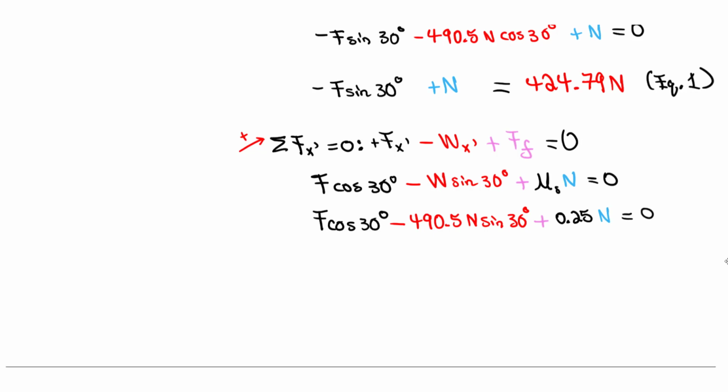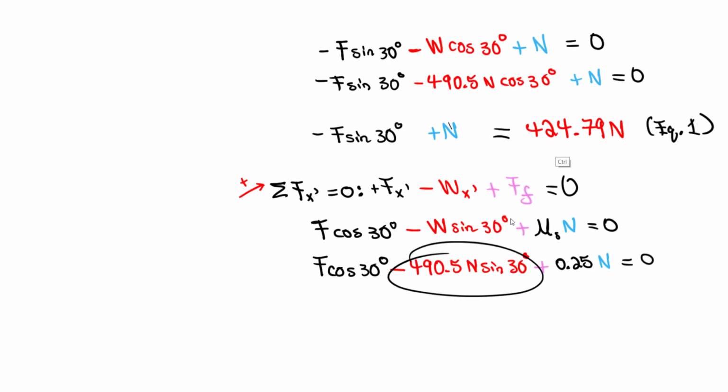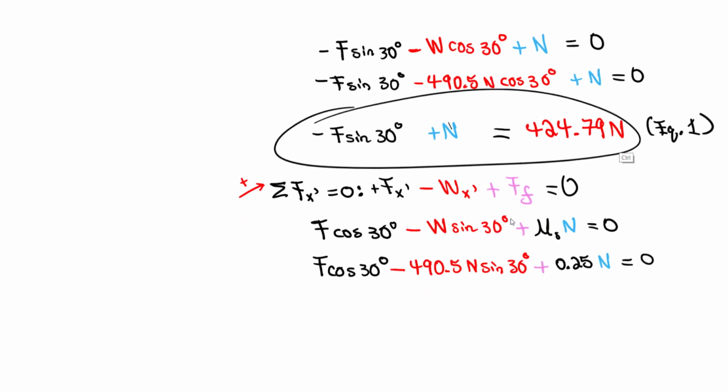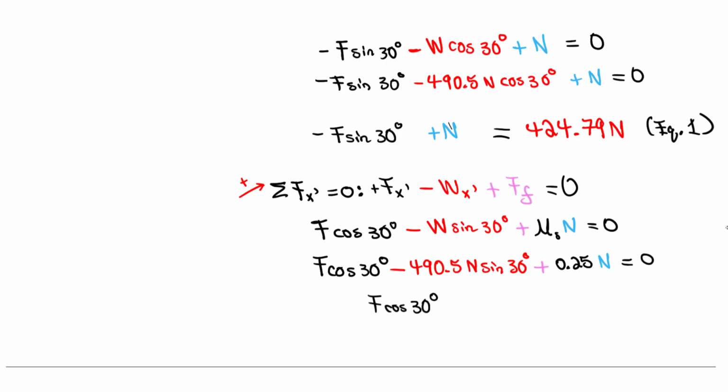So now let's do the same thing we did here. Let's move the value we can actually calculate to the right side and get something similar to equation 1 we have above. So I'm going to take this value, move it to the right side, so I'll just rewrite this. It's going to be F cosine of 30 degrees, and we have plus, so let me keep the same. It's going to be plus 0.25